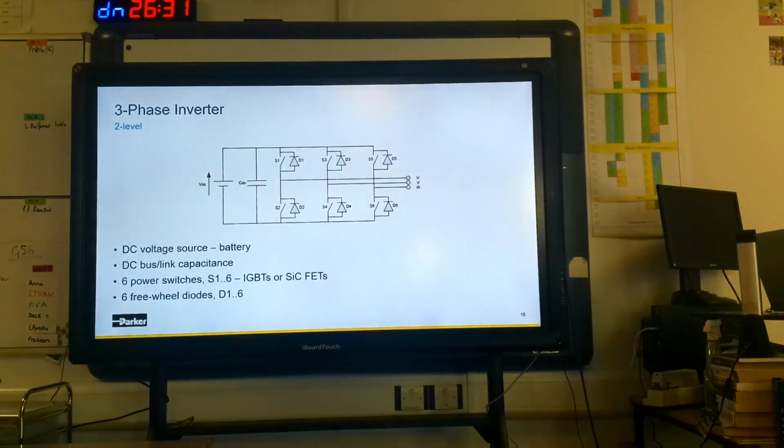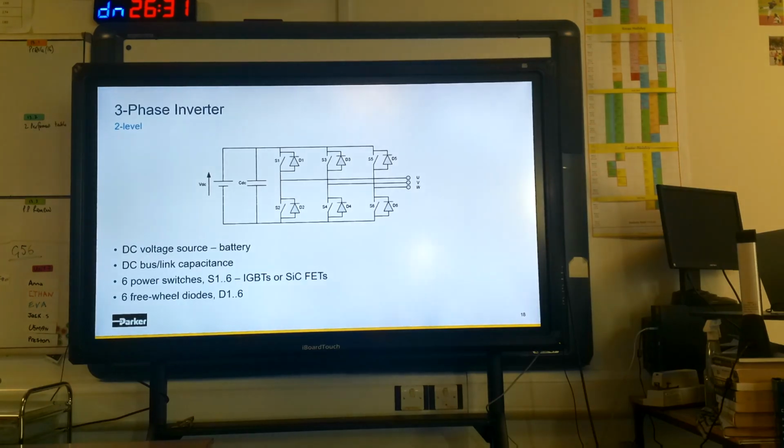Now, if all you need is a few watts of power, you could probably get away with some sort of linear amplifier. That'd be fine. But for any significant power, hundreds of watts and above, or 125 kilowatts, you need a high efficiency switching amplifier. And for inverter control, permanent magnet, in fact any three-phase electrical motor control, we go to a